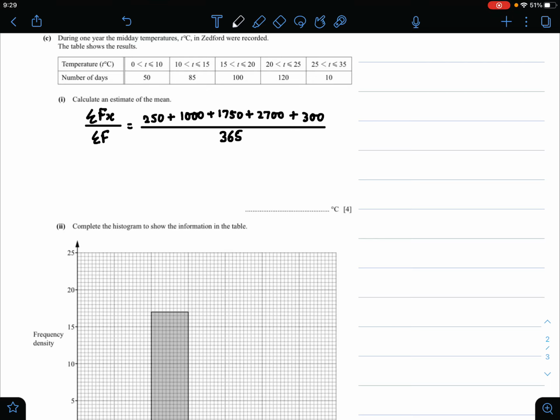Now all we need to do is take the sum of the numerator and divide it by 365. So 250 plus 1000 plus 1750 plus 2700 plus 300 is equal to 6000. So all we need to find our final answer is to input 6000 divided by 365 in the calculator. So 6000 divided by 365 is equal to 16 point